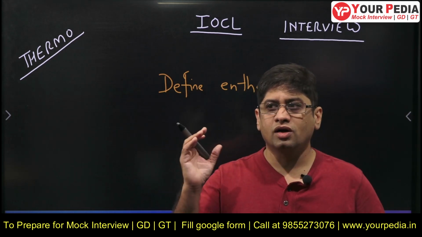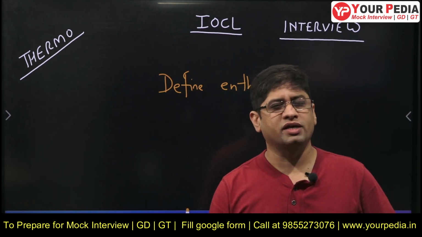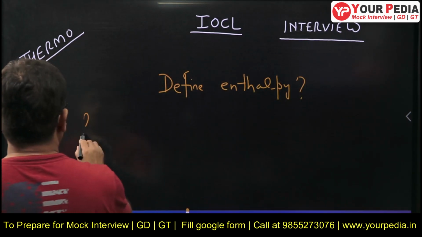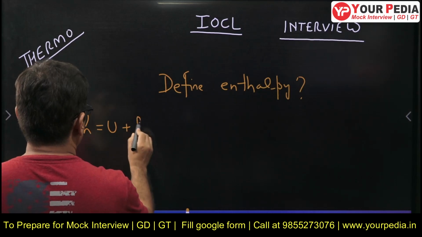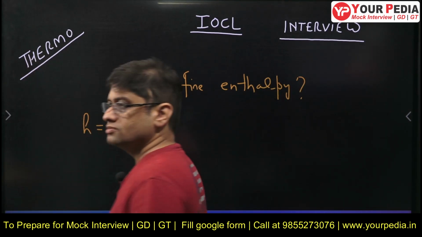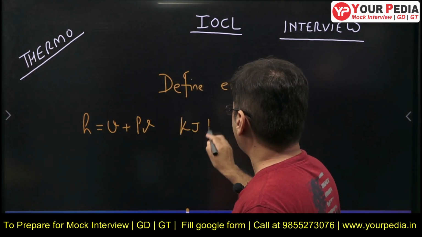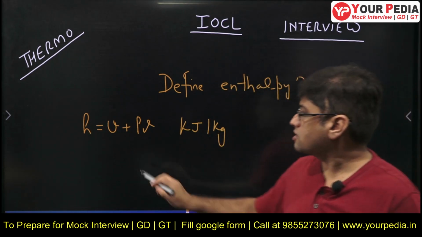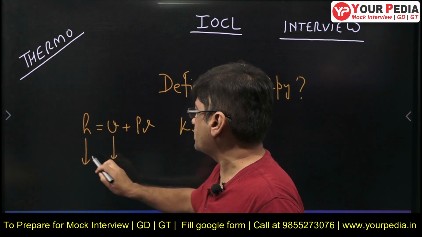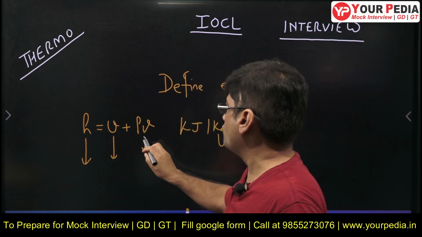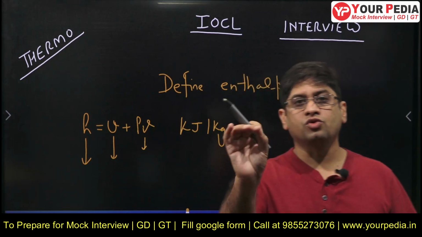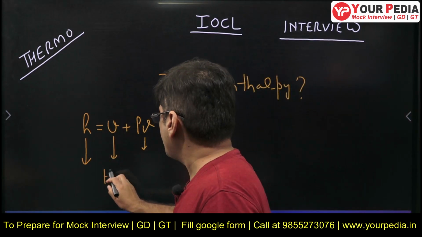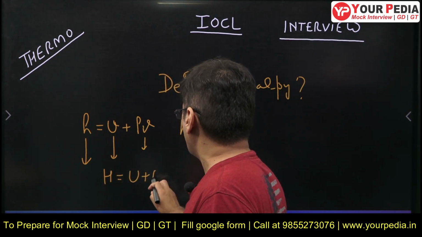But when it comes to explanation, many of you make mistakes. What is enthalpy? Students start writing, sir, enthalpy is equal to internal energy plus flow work, in kilojoule per kg. This is specific internal energy, this is specific enthalpy, this is specific flow work. He did not ask you to write the formula, he asked you to define enthalpy. If I write it in the form of enthalpy is equal to internal energy plus flow work, then that will